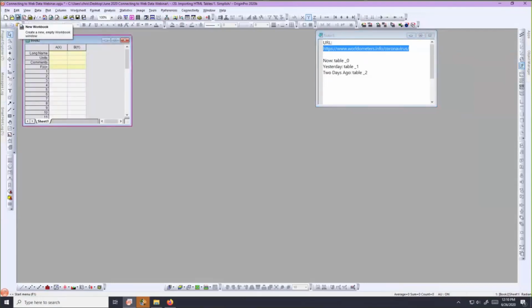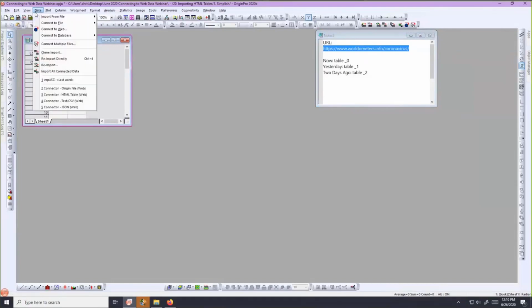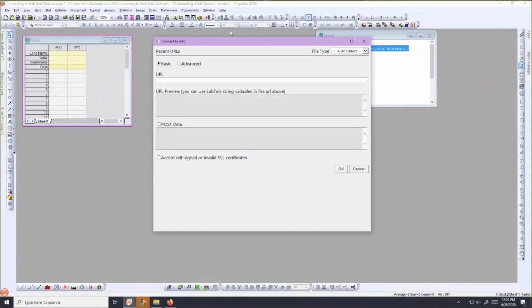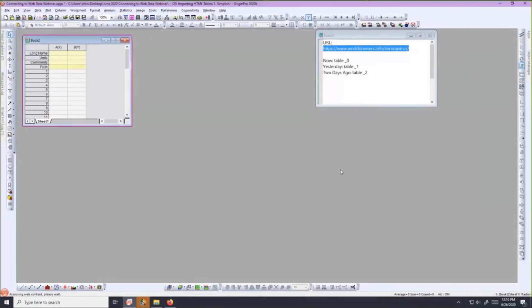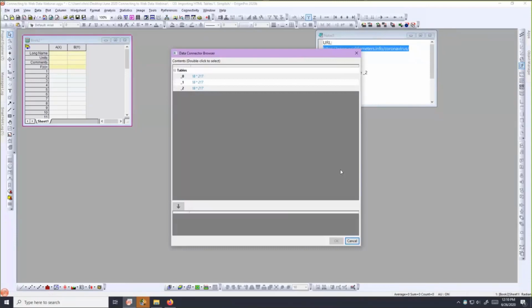With the workbook active, the data menu is now available, and I'll go to Connect to Web. And again, that dialog I just showed you, I can paste the URL into this dialog. And that's really all there is to it for a very basic import like we're doing. I will click OK, and Origin's going to go out and pull that HTML page from the internet, and it